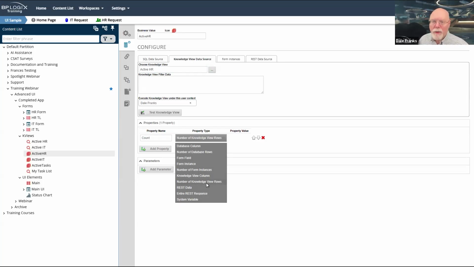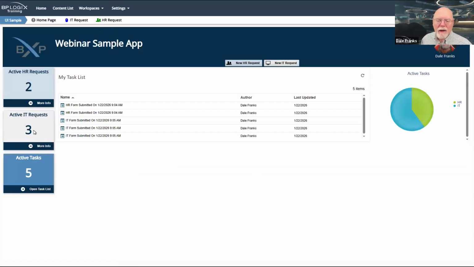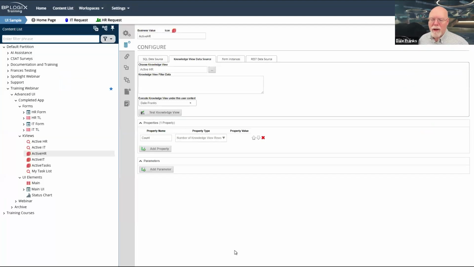I just need a count of the rows of the knowledge view, and that count I can then use inside my workspace or inside the form that displays in the workspace to display 2, 3, and 5 as appropriate. So those are my little building blocks for the back-end data that I need.